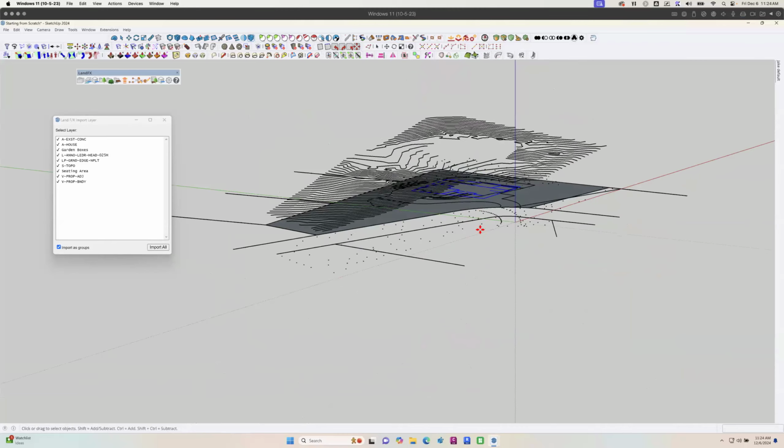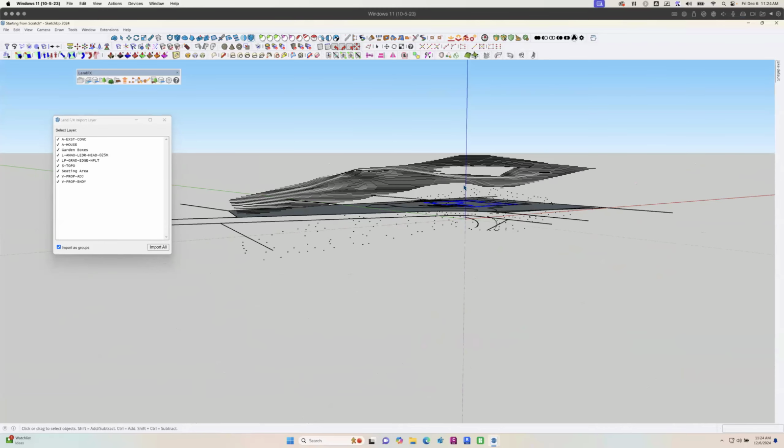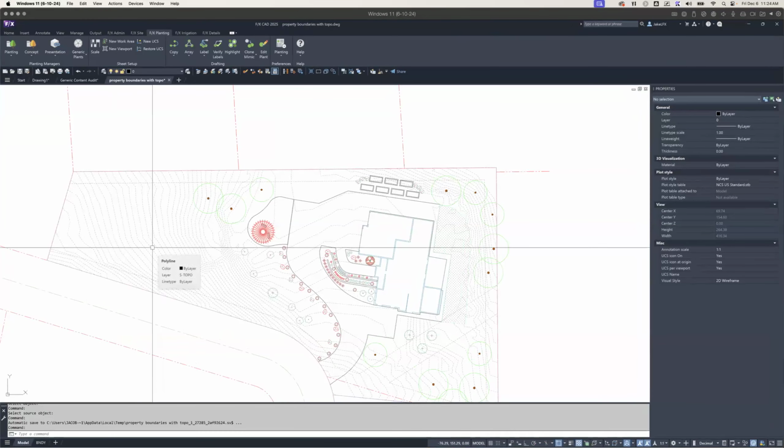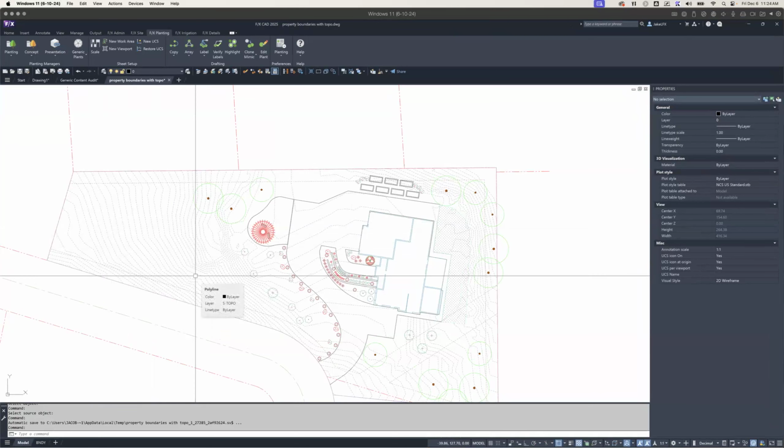What you'll notice is it does bring in the elevation as well. So the fact that our terrain was pre-assigned to a Z elevation is going to help in our next steps of modeling. If we don't have any Z elevations to our topography and we bring it over, it is going to be a manual process of getting it to the appropriate level. There are additional plugins that can help with that. We're not going to go into those, but